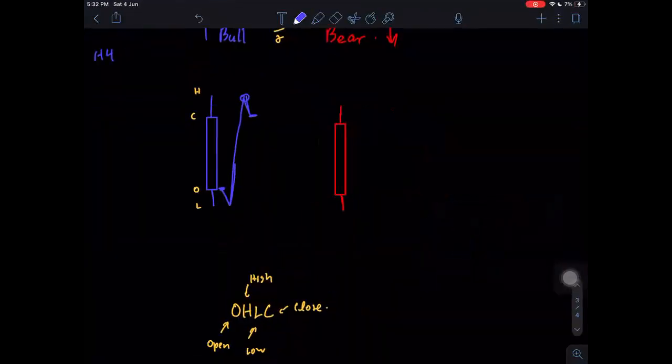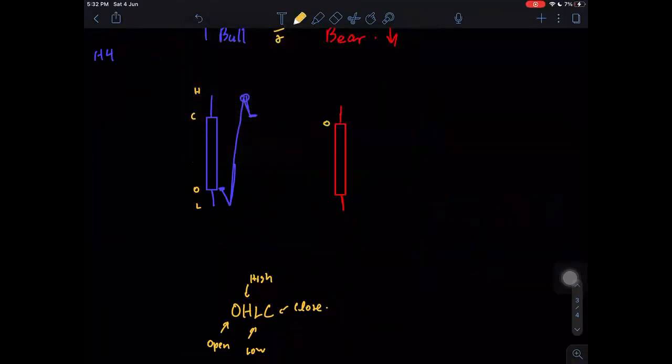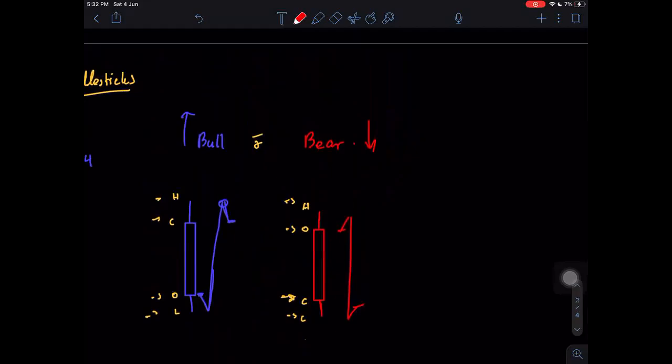Okay, and so that's bull and bear. So it opens high, and it closes low because it's a bear candle. And so this is low, and this is high. Open, high, low, close. Right? And so of course the movement of the candlestick will go like this. Yep, like that. Okay. And so now let's look at the line chart.